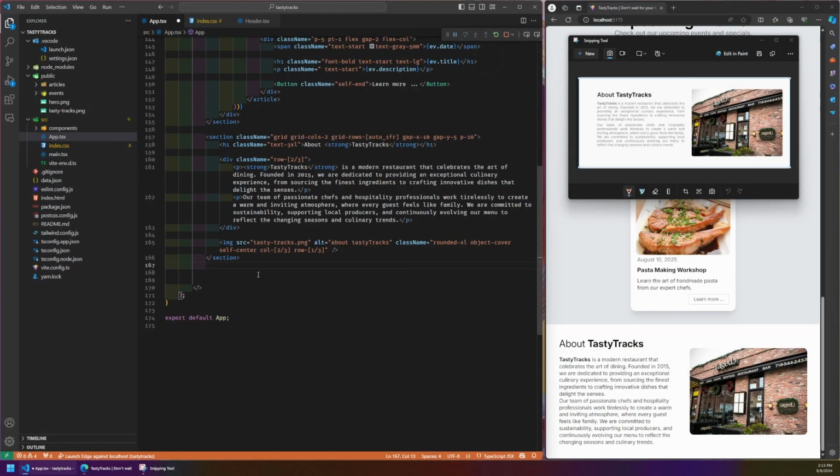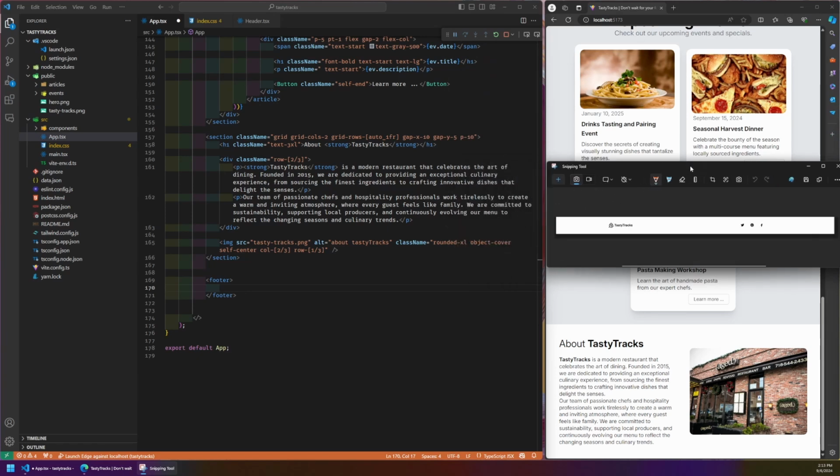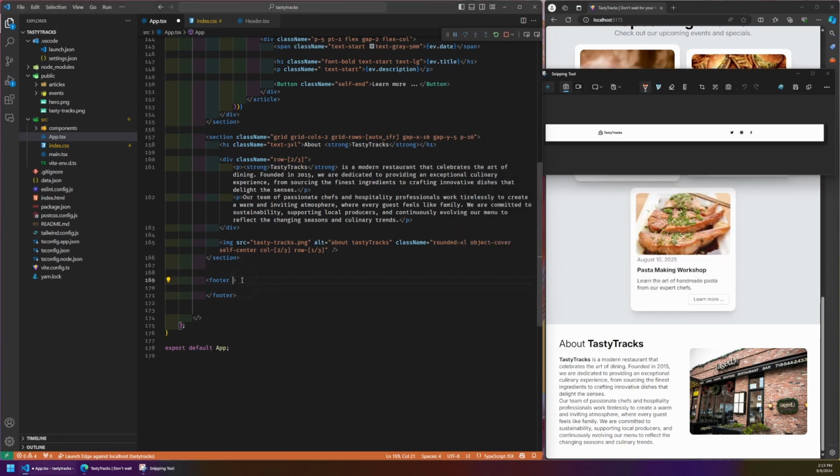Now moving on to the footer. So let's go footer. Footer should be easy to implement. Very simple, very small, very easy to make. So first thing you should understand is this one is gonna be flex and space evenly. When we say space evenly, the space between tasty tracks and the icons is gonna be the same space as the space between tasty tracks and the left side and the icons and the right side. So we're gonna say class name, flex, items center, and then justify evenly. So let's put the logo,